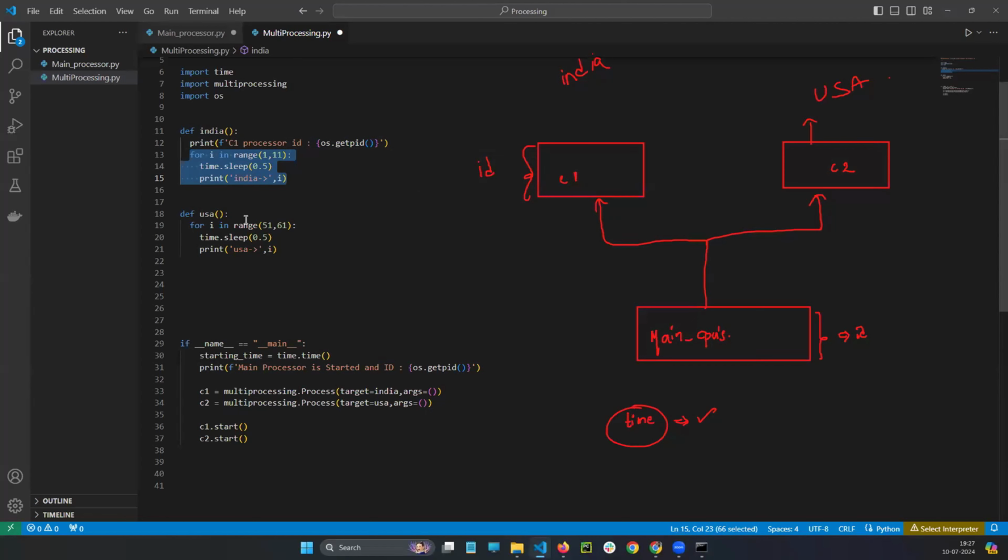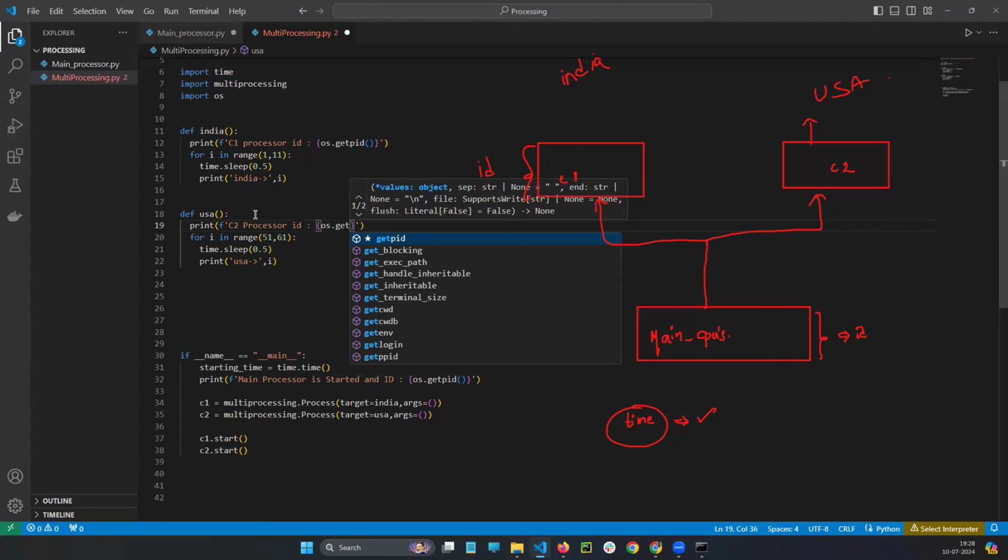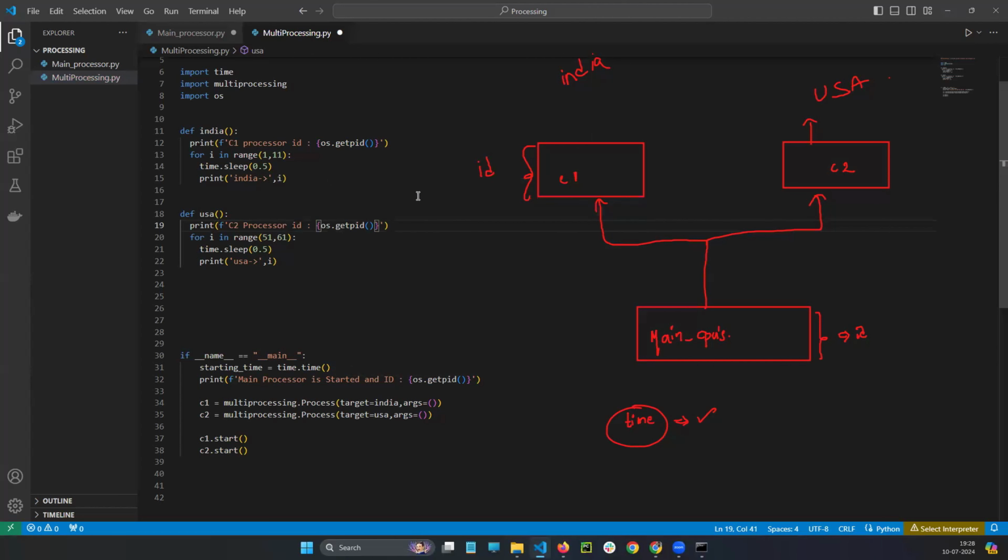And C2 also simultaneously will start executing its function. Here also I will write C2 processor ID. Okay, C1 processor and C2 processor IDs are printing.